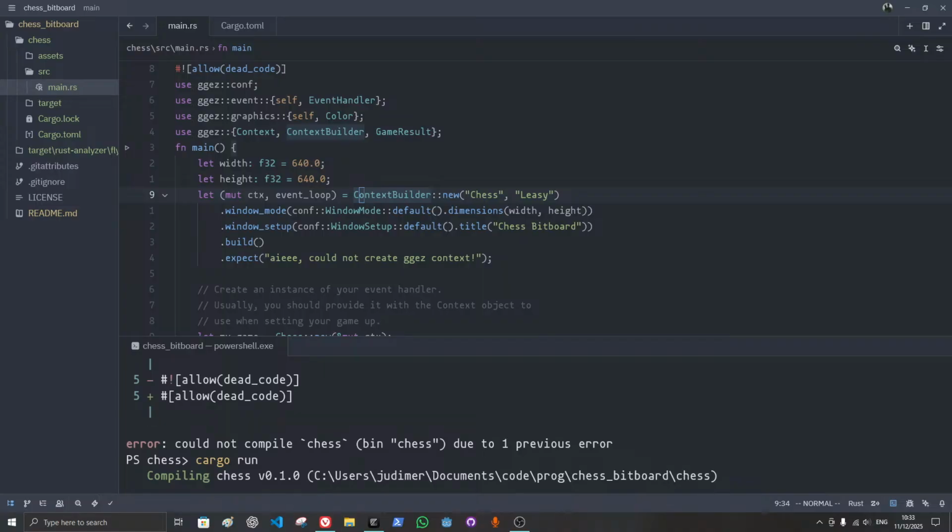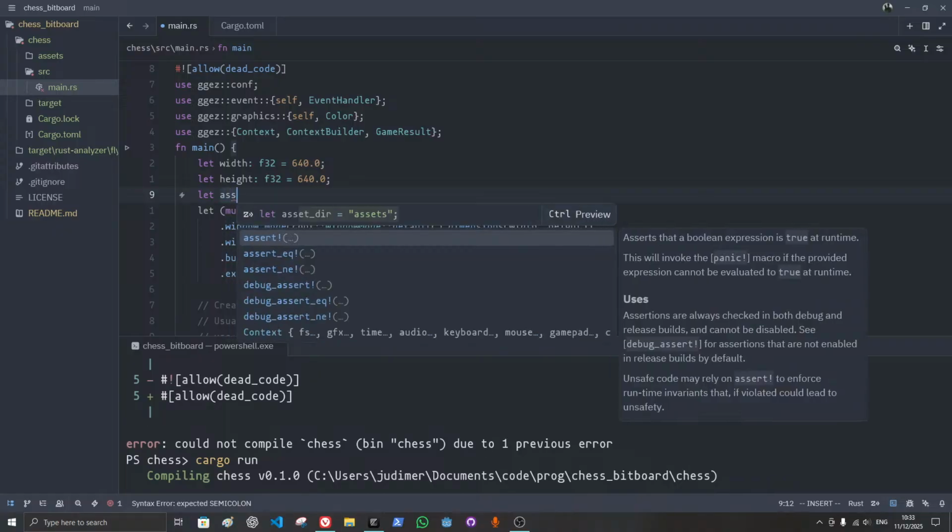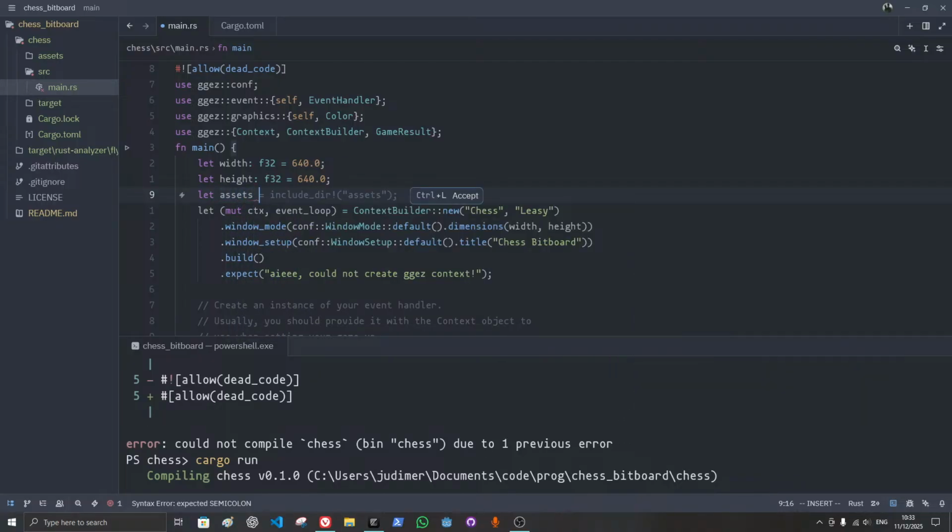Three path bus. How to handle file path. Okay, add resource path. I see. So first I have to set my resource paths. And here I will put let assets, and then std path buff from